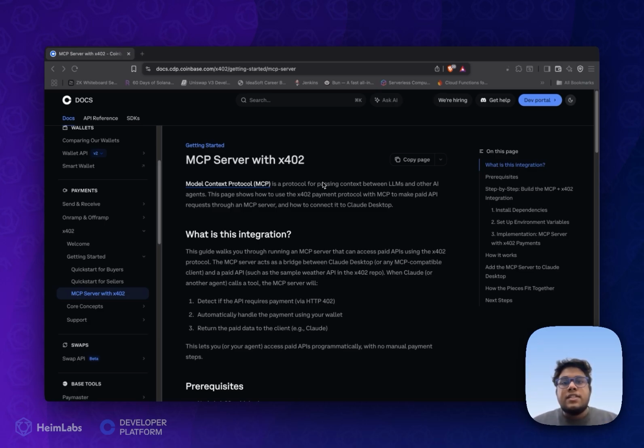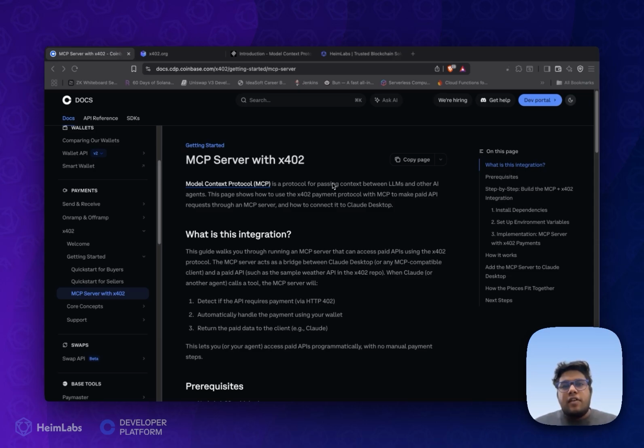And remember, this is just a foundational guide to get you started. You can expand on this in countless ways, integrating multiple paid APIs into one server, or even adding logic to your agent to choose the cheapest service, or even chaining multiple tools together to perform highly complex tasks. This pattern is fundamental for building a real functional economy of AI agents. You can use it to integrate any X402 powered API from data services to computational engines and beyond.